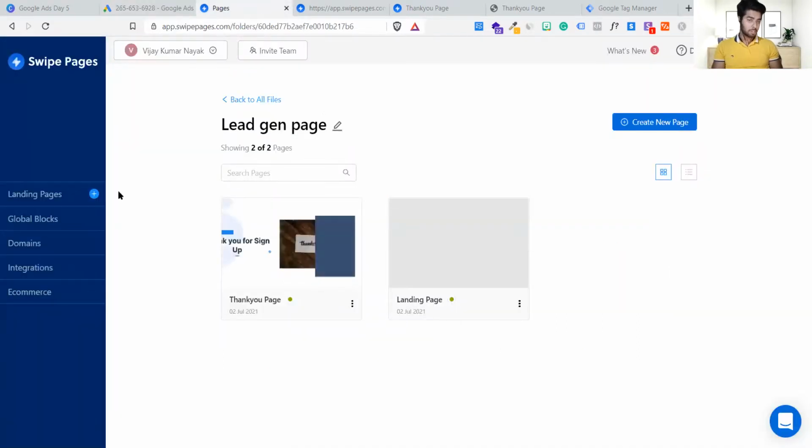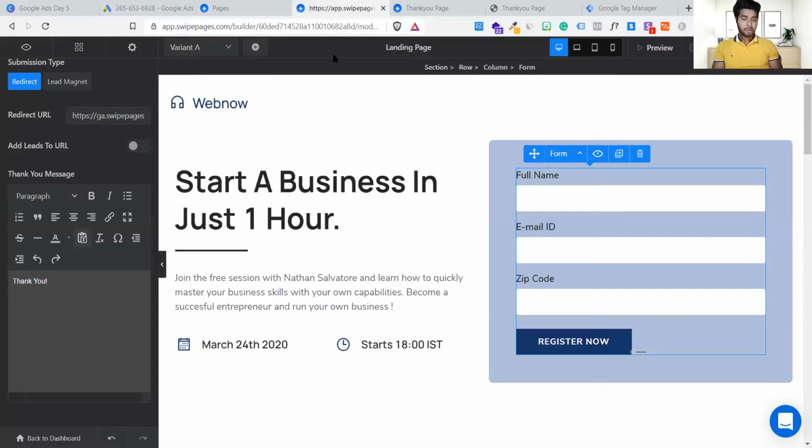It is my swipe pages, where I create landing pages. So this is one of my pages, and let's treat this page as a landing page. Like, it's a very lame landing page, just an example I'm giving you. Now our purpose is that people coming to this page must fill up this form, and the moment they fill it up, Google should count the conversion. Getting it?